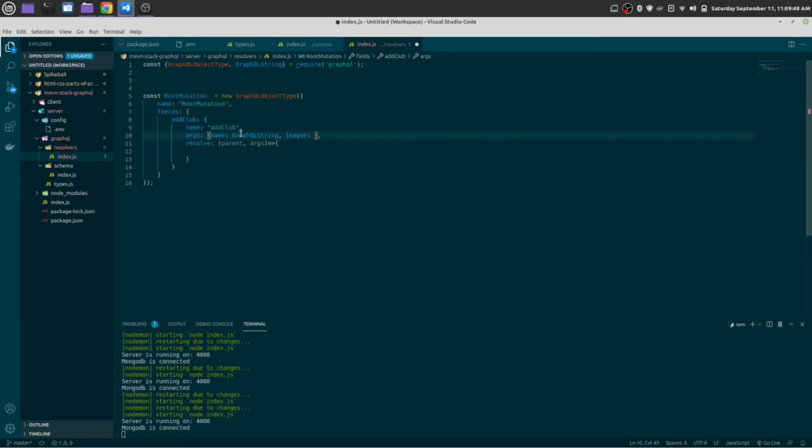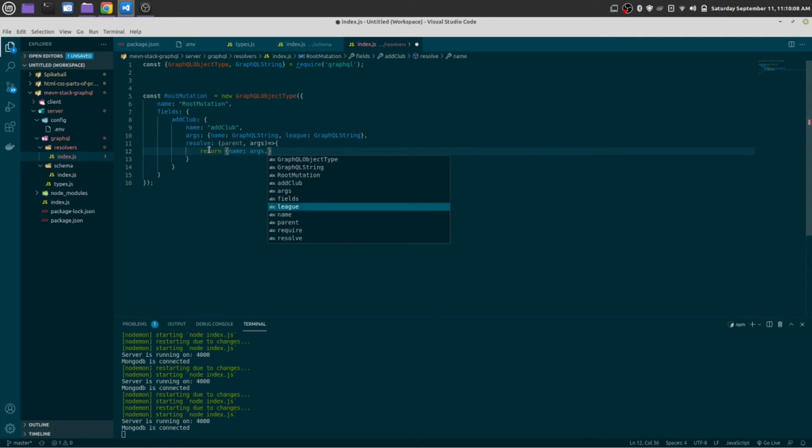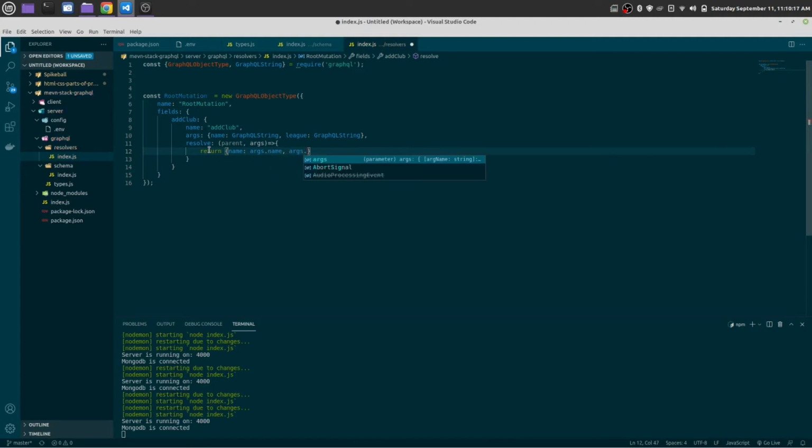This is also type of GraphQL string type. Okay, this is resolve. We have to return something from here. Let's return an object of name. This name is the argument that we are going to get from our query, args.name, comma, args.league is equal args.league.